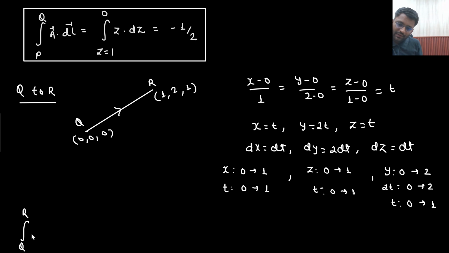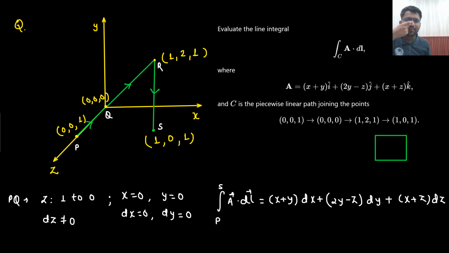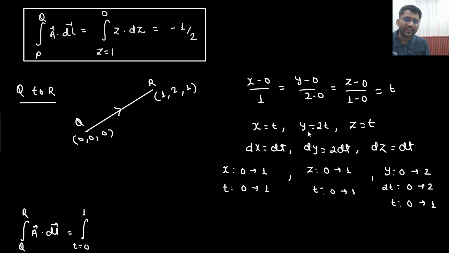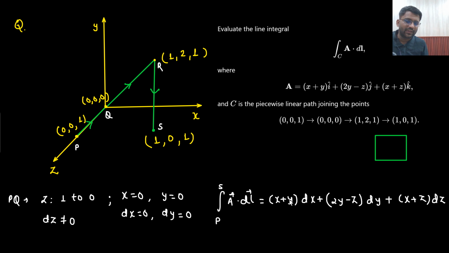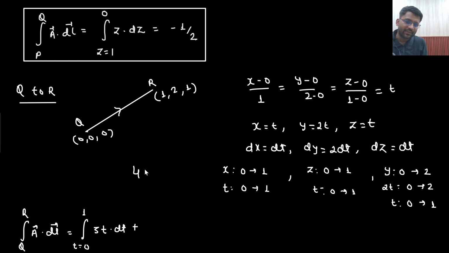From Q to R, A dot dl. I know the limit of t will go from 0 to 1, and all the variables, x plus y will be 2t plus t, which becomes 3t, and dx will be what? dt only. So 3t dt. Is that understandable to you? X is t, y is 2t. So x plus y will become 3t, dx is dt only. Now 2y minus z, that means 2y is 4t minus z, which is t only. So 2y minus z will become 3t dot dy. What is dy? Dy is nothing but 2 dt, plus